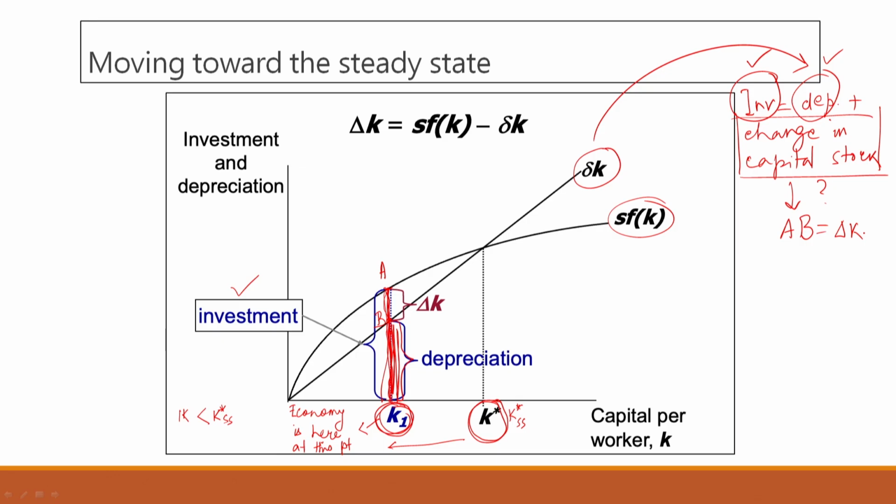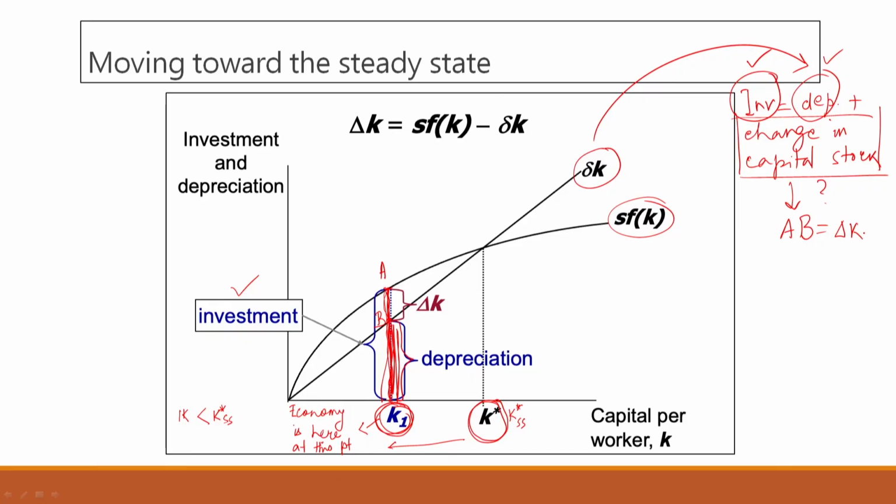Now, in the next step, let us ask ourselves the question. So, in other words, the capital stock has changed. It has increased typically in this particular situation. Why? Because we can see that this delta k is greater than 0. We see this is positive. So, what it means is that more capital stock has been added to the economy. So, what is the new capital stock?